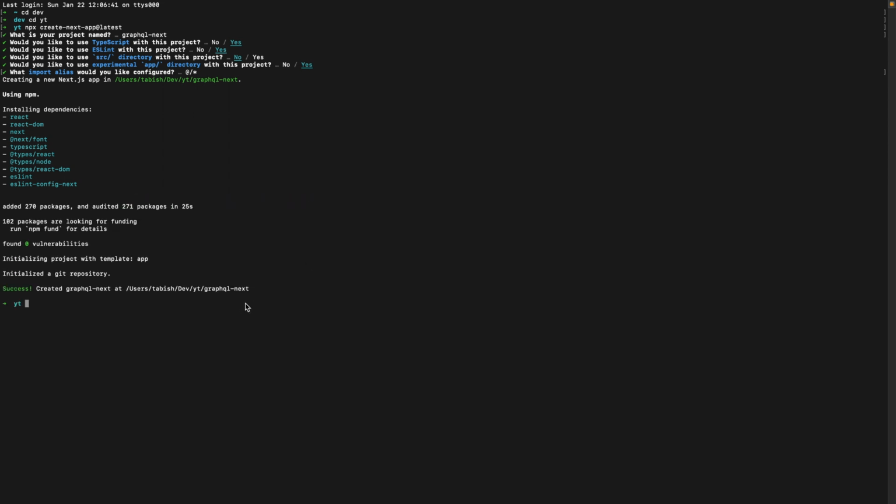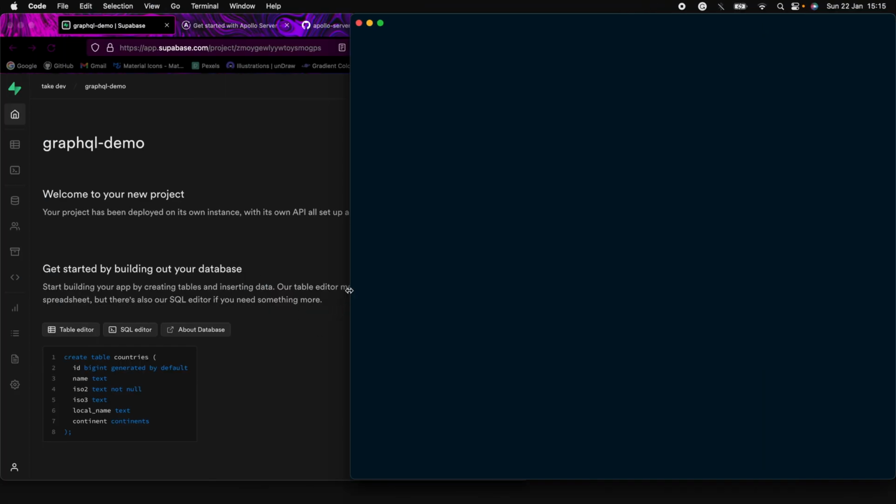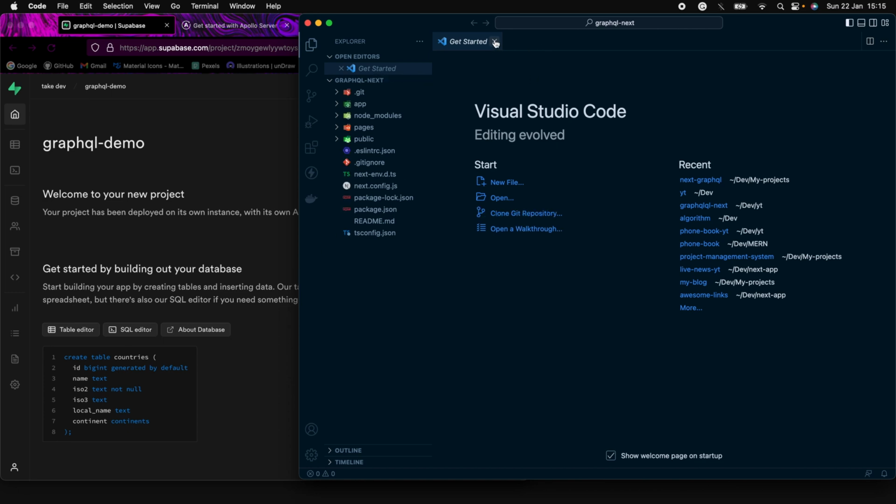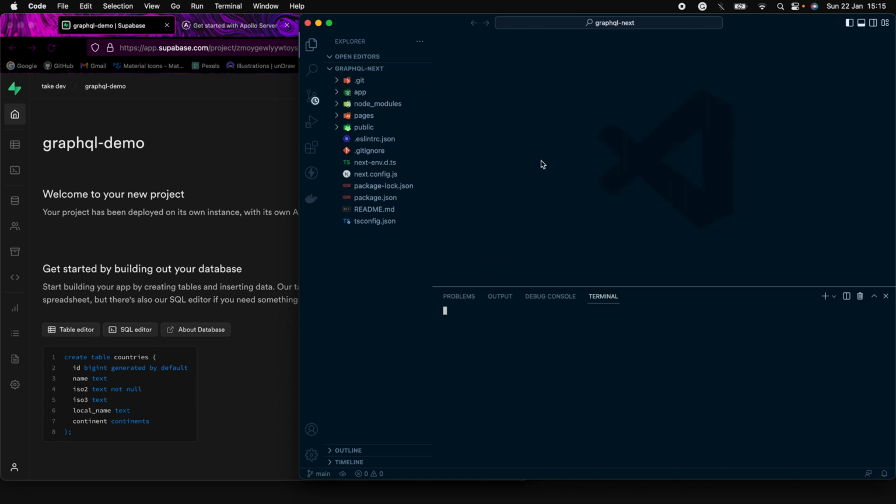Once that's done, I'll cd into graphql-next, and then open VS Code. So with that, I have it here. Just to test whether everything's working, I'll run the server,